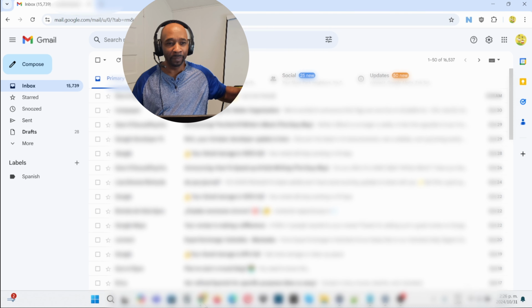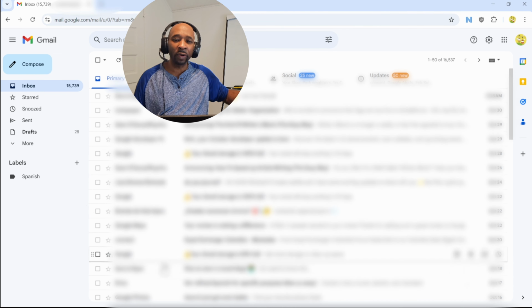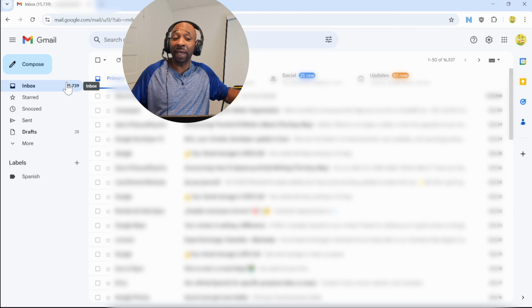Let me show you. Okay, so we're here in Gmail. I'm using Gmail for this tutorial because, hey, most people use Gmail. And it can work in other email clients too, but for the sake of this tutorial, we're using Gmail. So you see, right now, I have everything changed back to English. Usually I have it in Latin American Spanish, but for the sake of this tutorial, I wanted to take it back to the start.